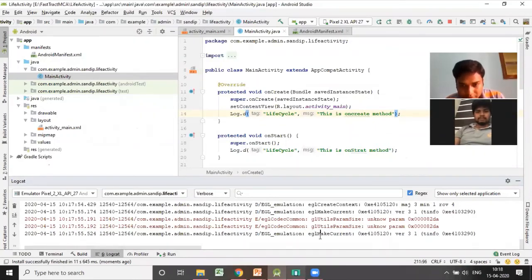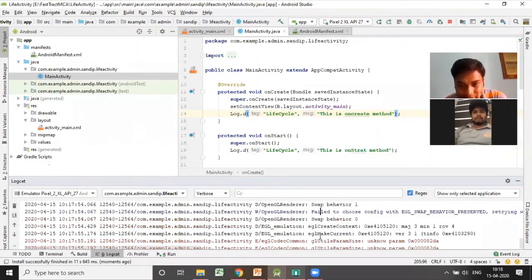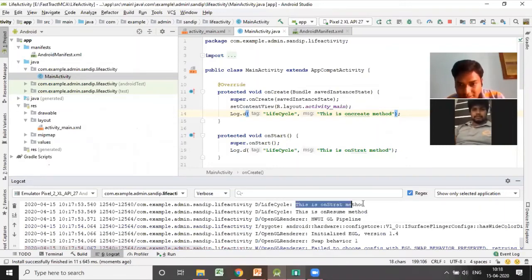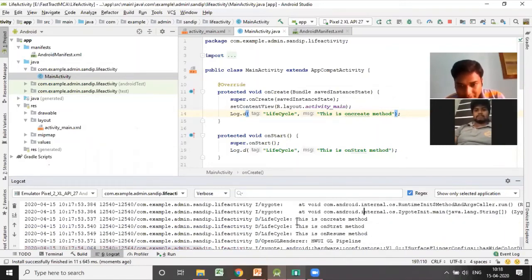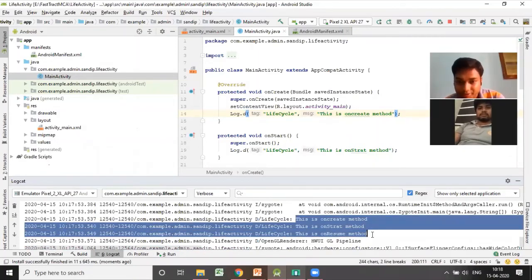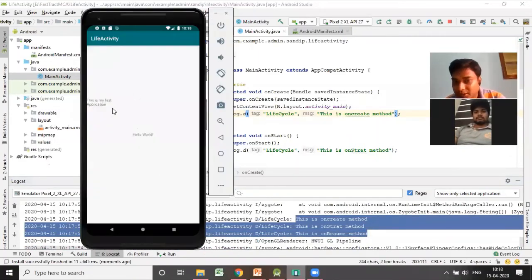Now this already launched the activity. That means somewhere you can find the on restart method. The on create method, on start method, on resume method already executed. That's why you are able to see this window.